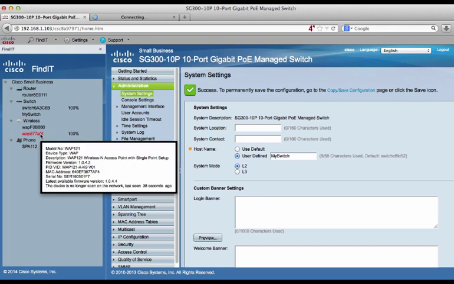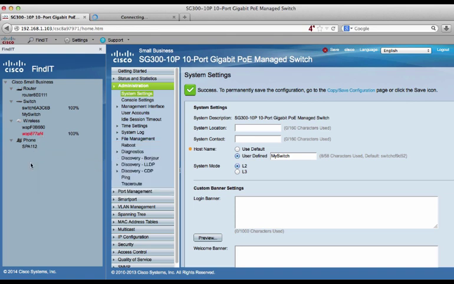If I mouse over it, I can see that it's no longer on the network. It was last seen 38 seconds ago. So that gives me an idea of just how long it's been gone. Now, when the upgrade finishes, which will take a couple of minutes, that entry will go back to black when the device is seen on the network,